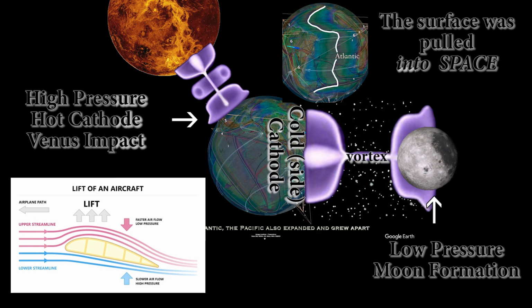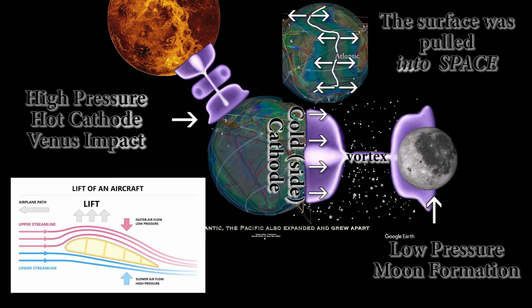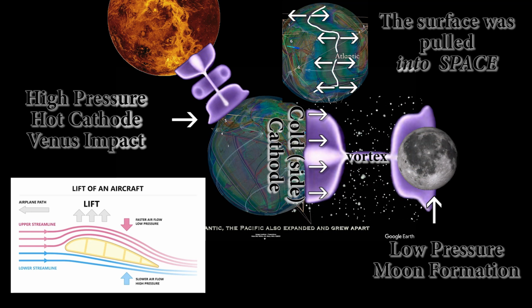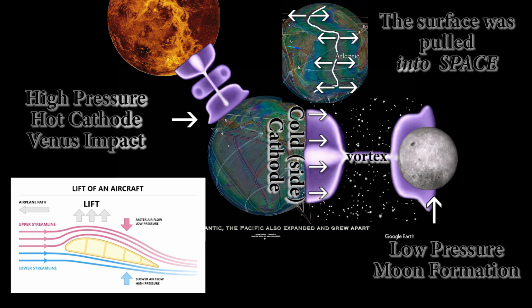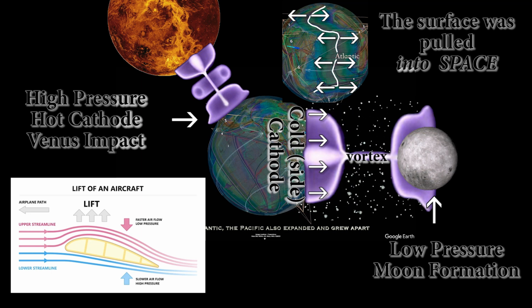Opposite the high pressure impact, a low-pressure front formed, pulling up the surface of the Earth, and this began the formation of the Atlantic Ocean by taking the Earth up from the middle out by using electrostatic force and ripping up the surface. This is why the Atlantic has just one main central expression.